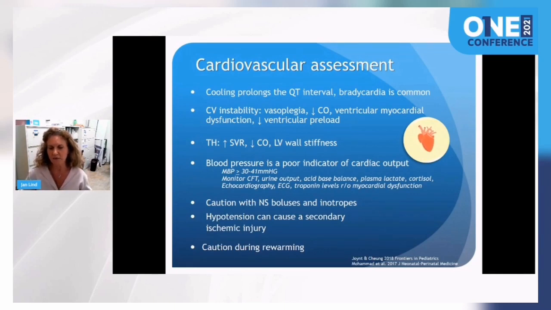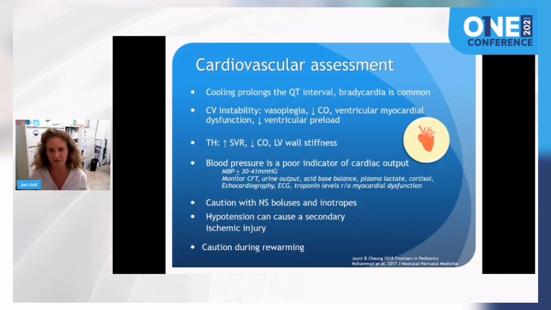Caution is really necessary when you're thinking about inotropes usage. However, we also know that hypotension can cause secondary ischemic injury. So asphyxia can affect the hypothalamic pituitary adrenal axis function. So our preference is to draw a cortisol level. And if the cortisol levels are low, we're talking less than 200, we treat with hydrocortisone as a first-line treatment